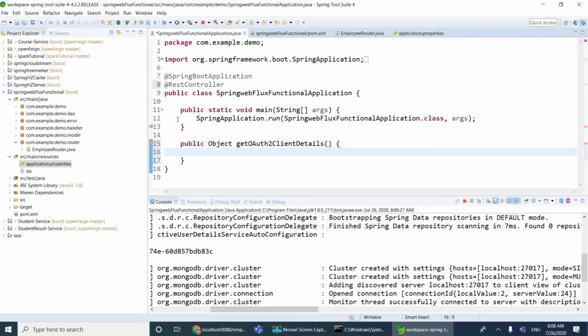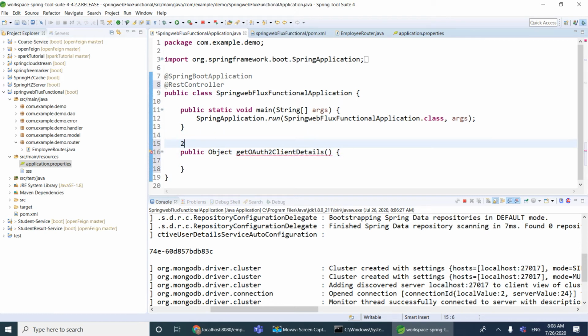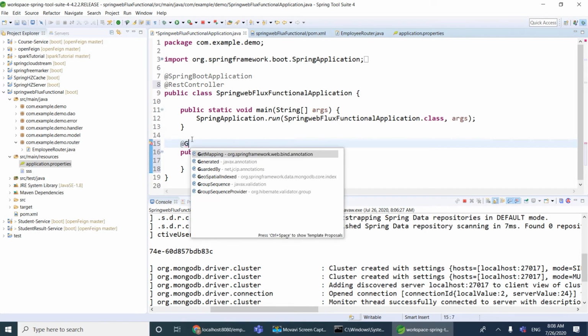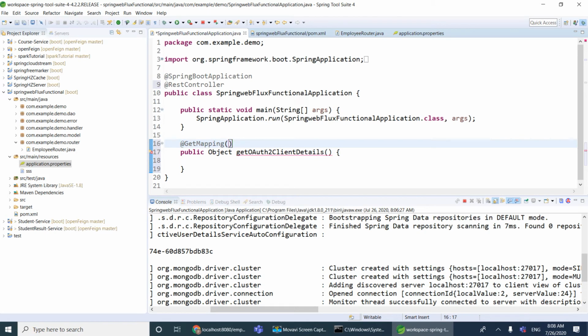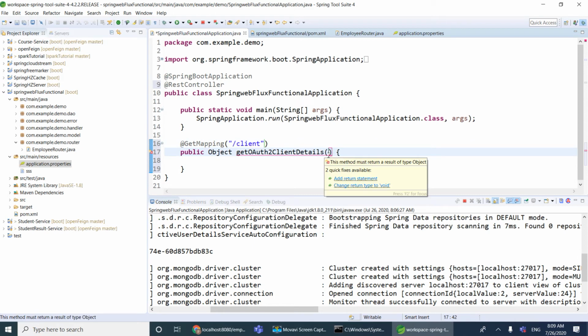It's a GetMapping. At the GetMapping I'm giving the endpoint as /client. And to get the OAuth2 authorized client detail,